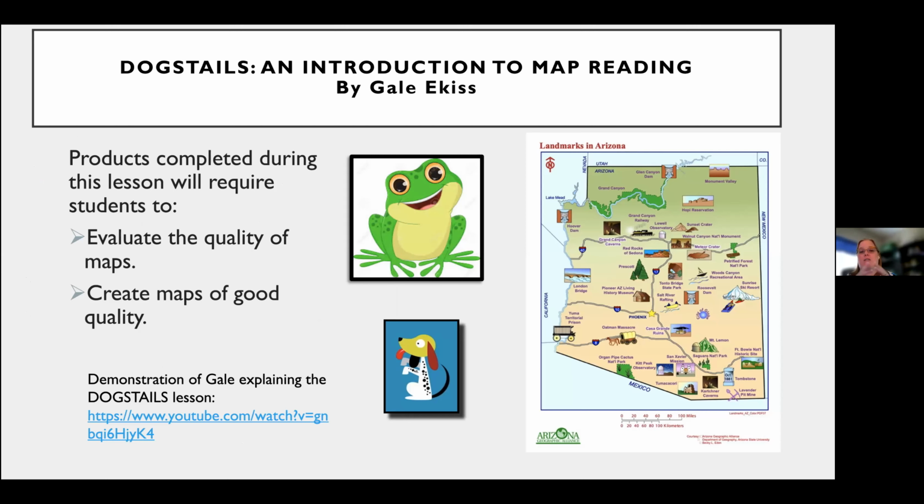If you want further explanation or want to see Gail, and you'll get this link as well, there is a YouTube video of her explaining this lesson. It can be used all throughout the year. And it shows a lot of good things about how to interpret that graph you're looking at, and what we need on there so everybody can understand what I'm trying to say on my map.